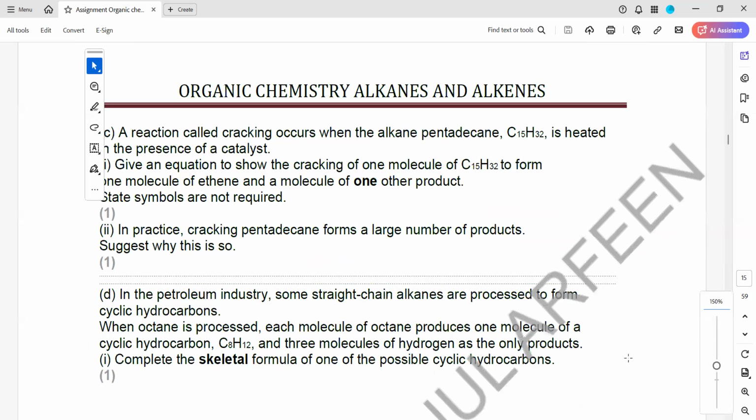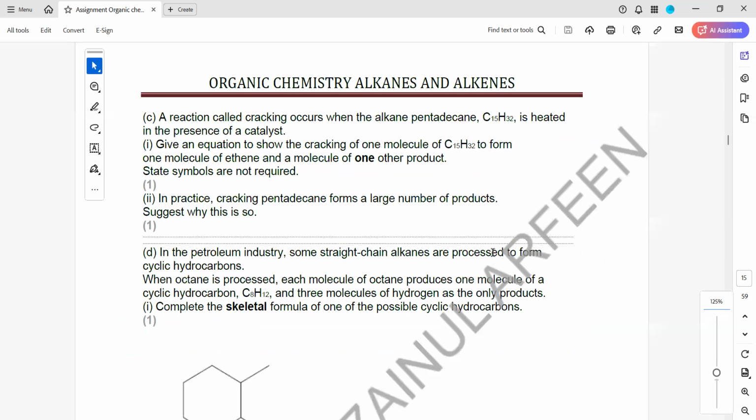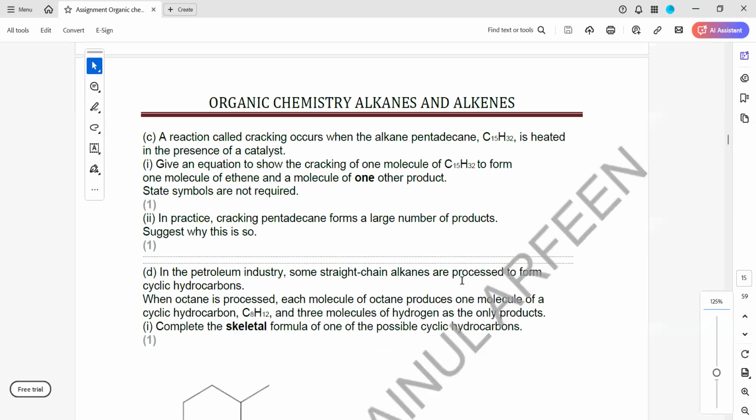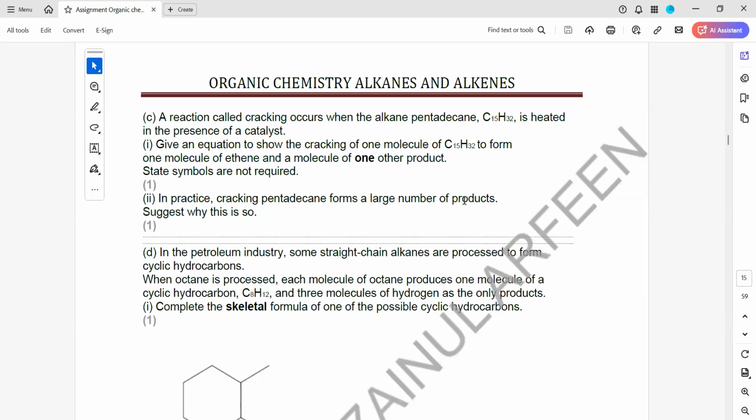Then we have a reaction which is called cracking. In cracking, we break down the long chain compound into small useful ones. So C15H32 is heated in the presence of a catalyst. Give an equation to show the cracking of one molecule of C15H32 to form one molecule of ethene and one molecule of another product. State symbols are not required. So if you are cracking and one molecule of ethene is produced,